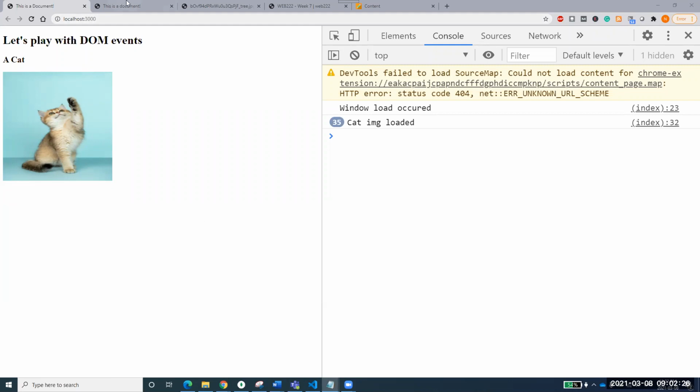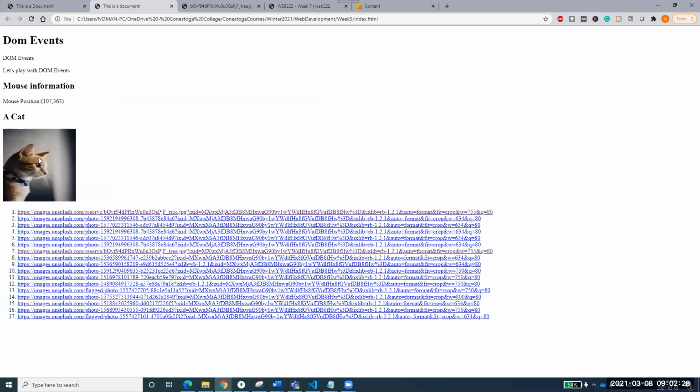Okay, so this is one thing that we have achieved. We were trying to achieve this: whenever the user clicks on it, the picture should be changing. Right? That's very good. If it is not working for someone, they can let us know and then we'll talk about that. Now we have to do another thing. Now we have to come to this one as well, but I will do that in the last. First, I'm doing this mouse information and mouse position, right?